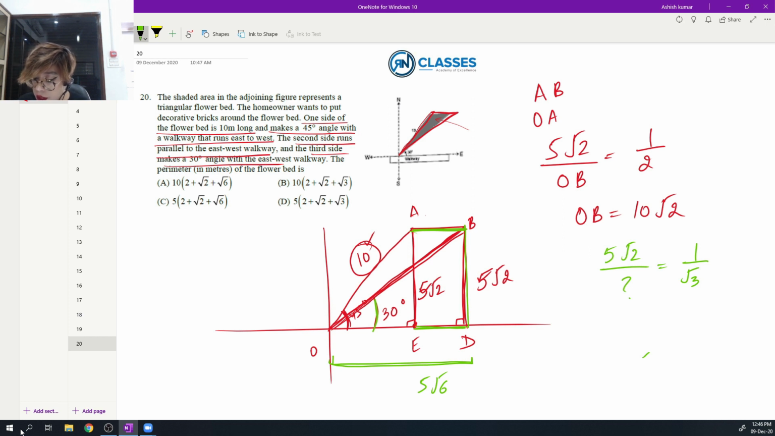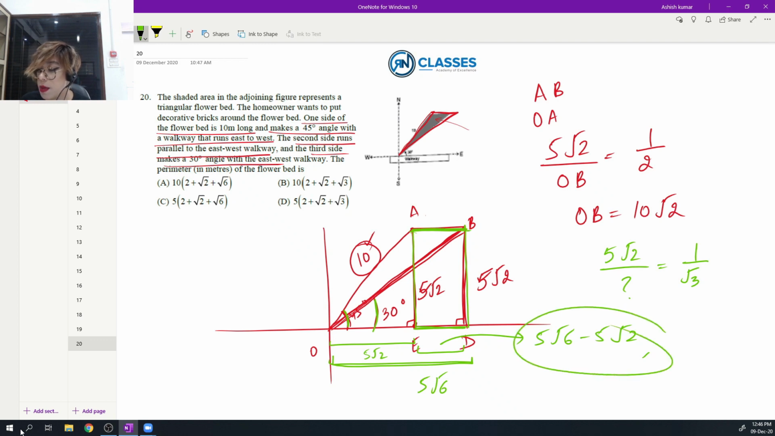ये 5√6 है. Now can you tell me what this distance is? अब ये 5√2 था, ये भी 5√2 ही होगा. क्यों? 45 डिग्री का एंगल, 5√2. So that means this distance is nothing but 5√6 minus 5√2. आ गया. अच्छा, ये अब AB तो यही होगा. So AB आ चुका है, OB पता है, OA पता है. Just add them up and you'll get the answer. And answer will turn out to be C. Right? So with this,